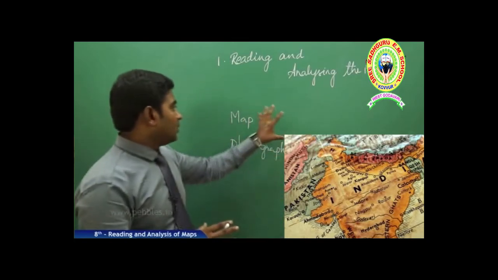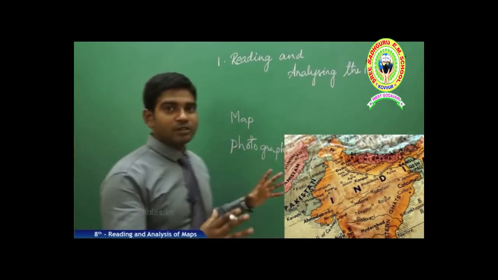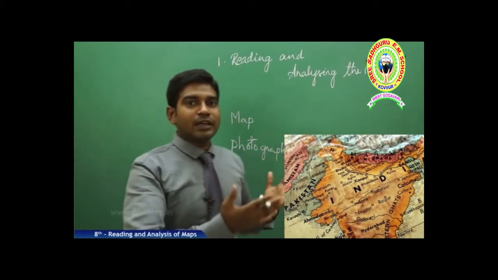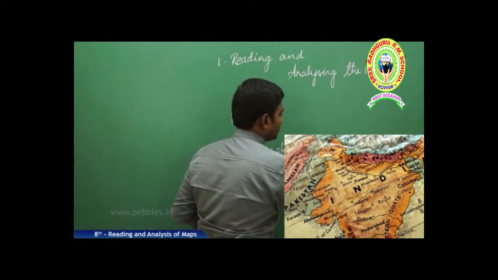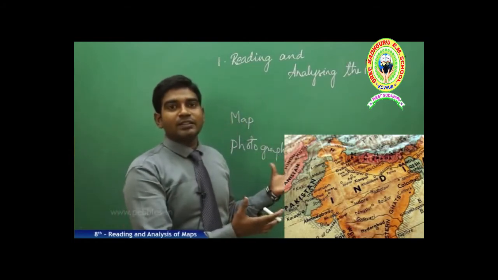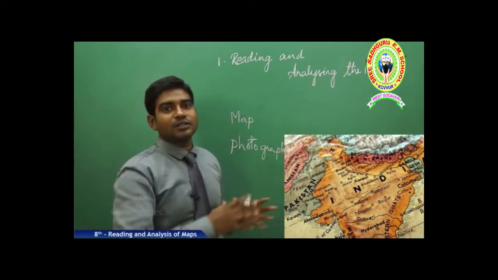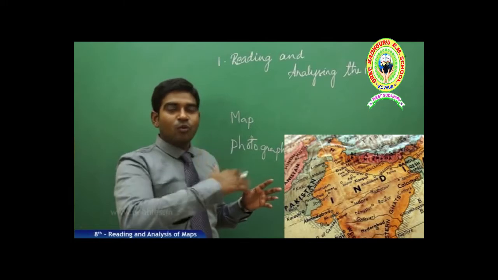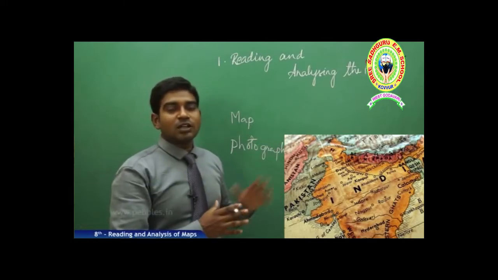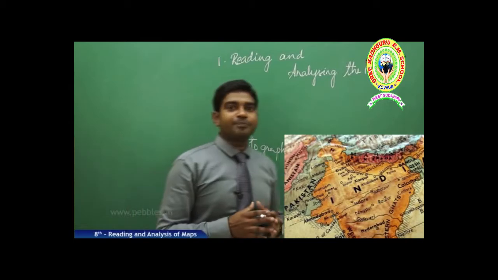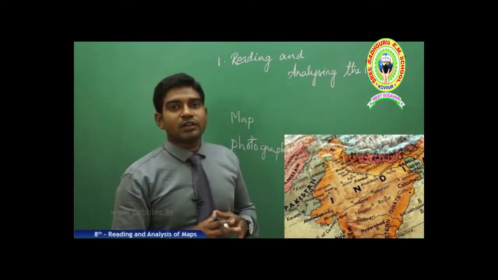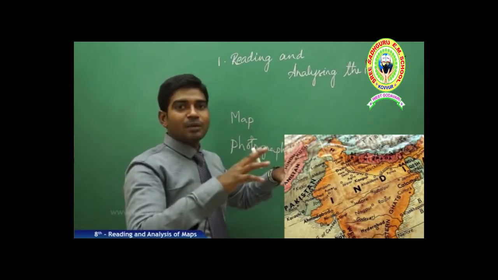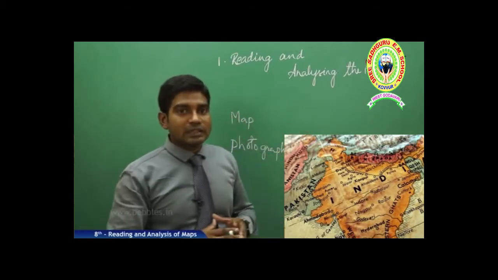See, if you take the same location with a picture from the sky, we don't have anything clear for us, we just get a blur of something. But when it comes to a map, you get a clear representation of where the boundaries are, where it is going to cut, what the physical divisions are, and what the other features of that particular land are. Using that knowledge, we can utilize it for various other purposes also. But a photograph is just a snap of that particular region at that particular time.